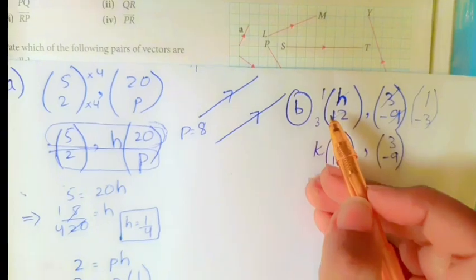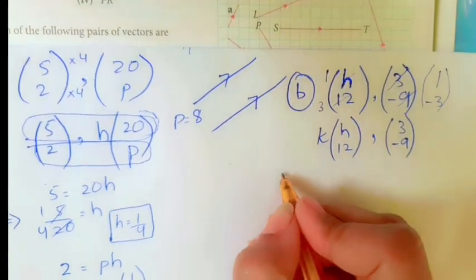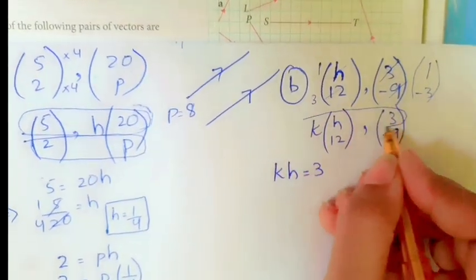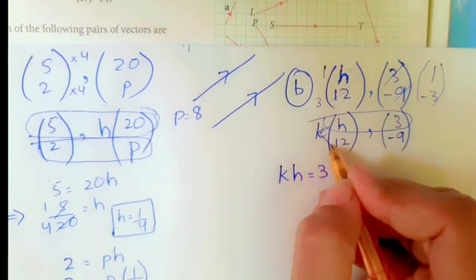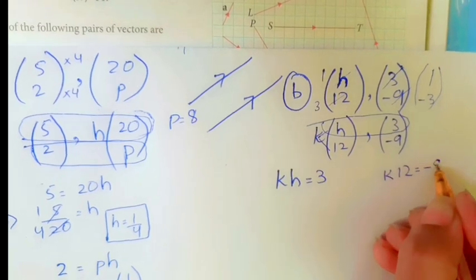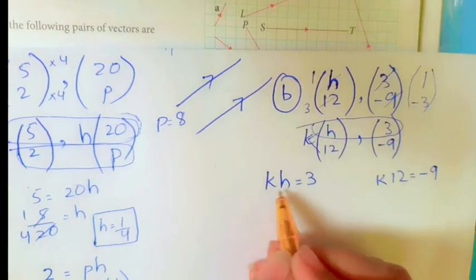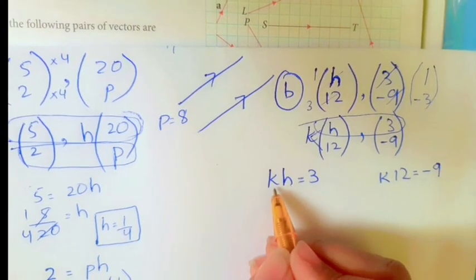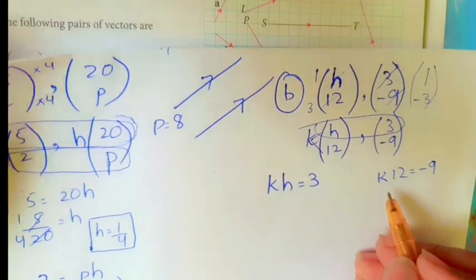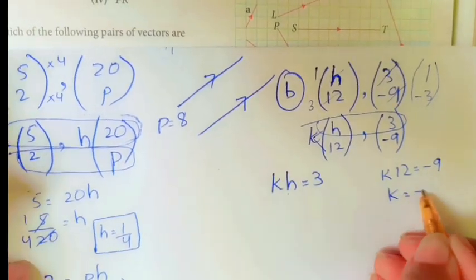This is a very simple method, the main concept I have given, but now I am telling you how to solve it properly. I am making two equations. kh is equal to 3, because x component is equal to x component of this vector. K is multiplying both over here, and k times 12 is equal to -9. First of all we are going to solve this equation, because there are two variables over here in the other one. When I get the value of k, I will put that value here. So k is equal to -9